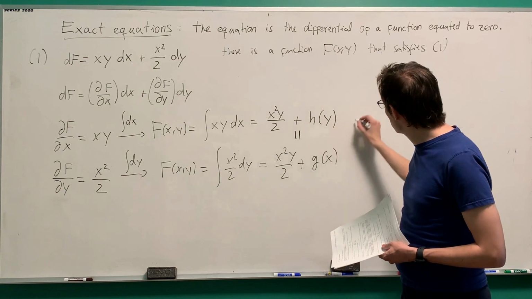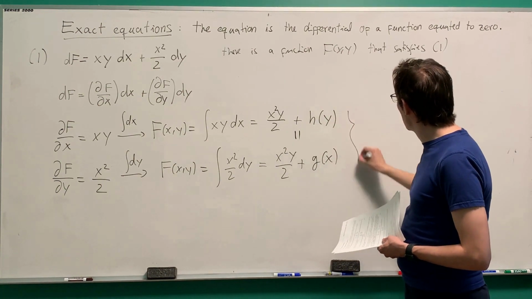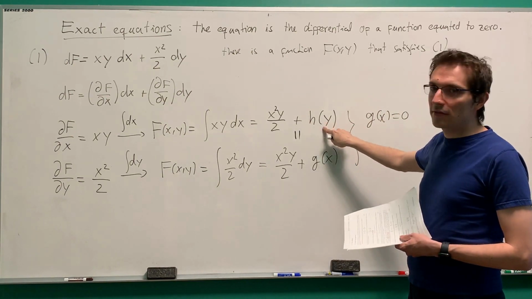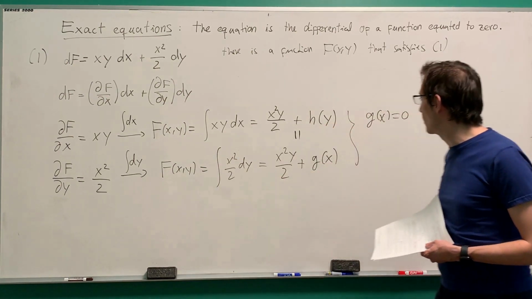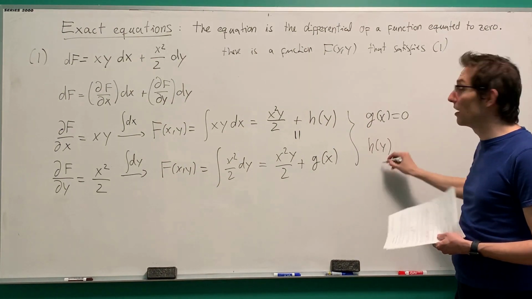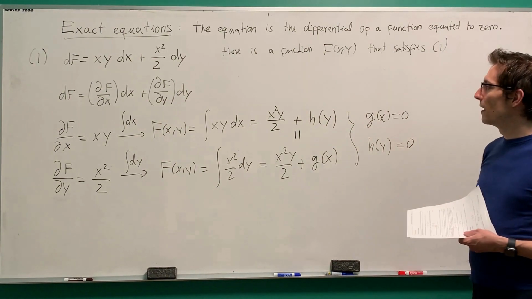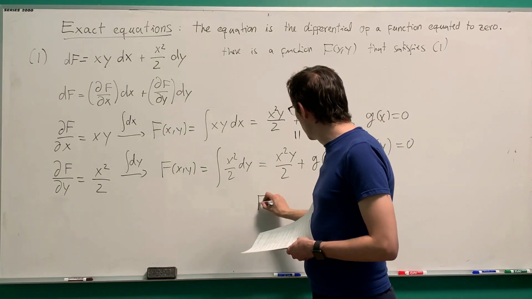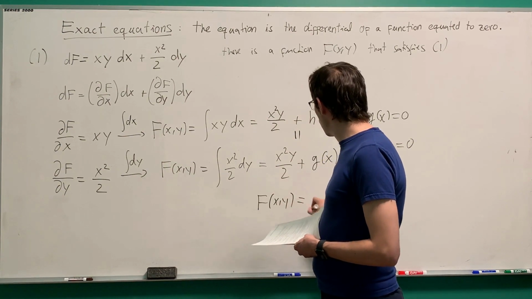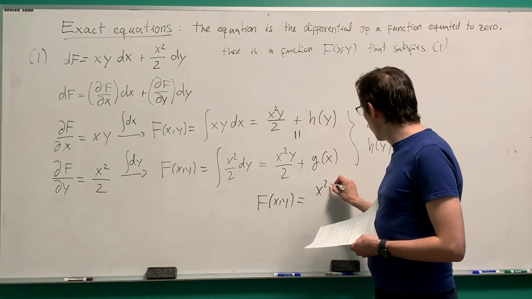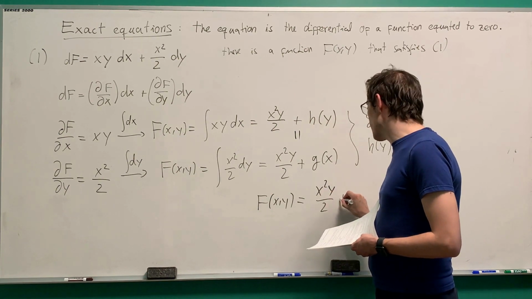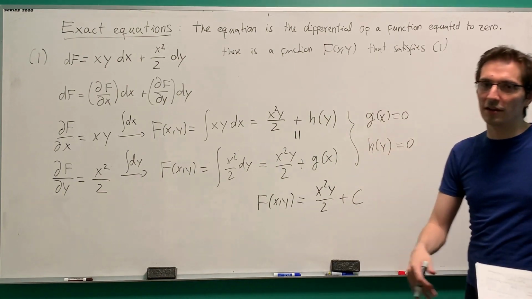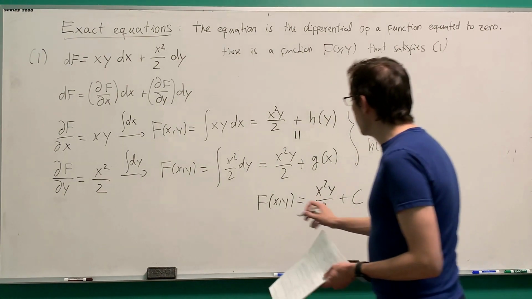So there's no function of x, so g of x, by comparison, is 0. And h of y is also 0, because if there's a function of y only, it should appear in here when I integrate with respect to y. So h of y in this particular case is really simple, it is 0. So the final solution is that f of xy is equal to x squared y divided by 2 plus an integration constant, of course, always, because if I take the differential, partial derivatives also kill the constant. So this would be the function